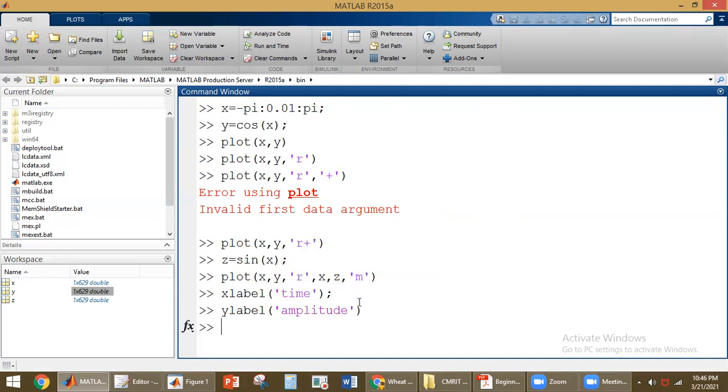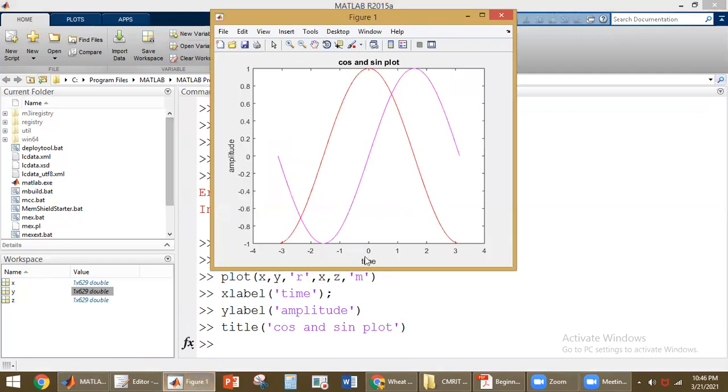Then if we want to give the title for the figure, the title here is cos and sine plot. Like this we can give an x label, y label and title. See here, before there was no x label, now we have the x label time, the y label is amplitude and the title is cos and sine plot.